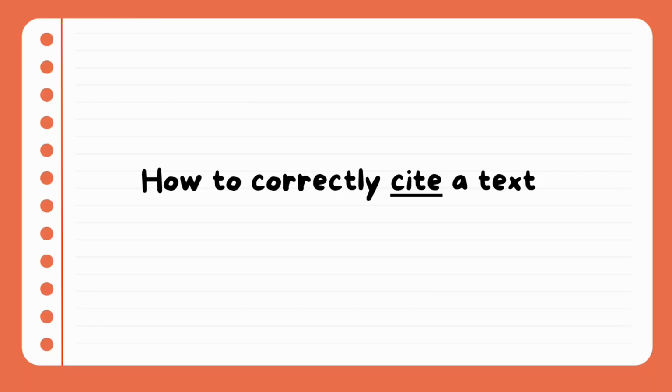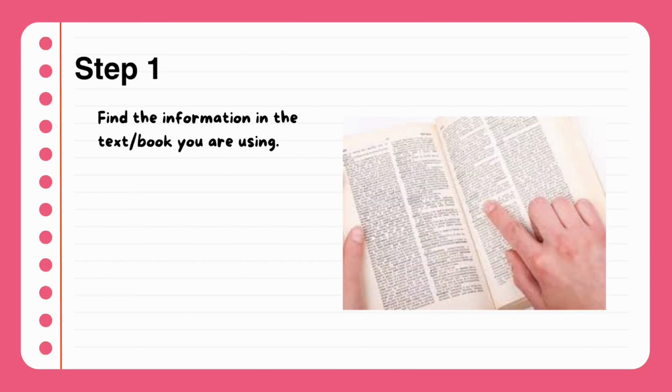So now that we know all these vocab words and we understand a little bit more about citations, we're going to explain how to correctly cite a text. We'll break it down into steps. We'll go slowly to make sure we do it right. So step 1, that's going to be